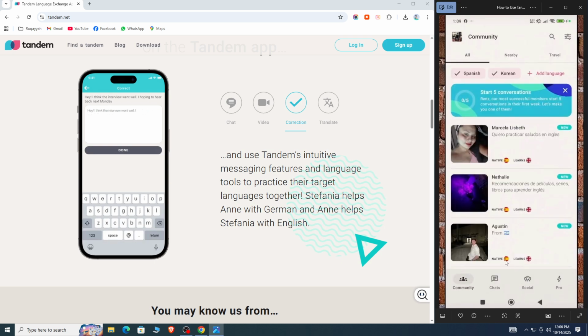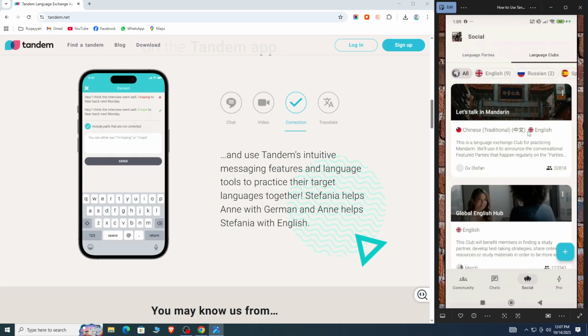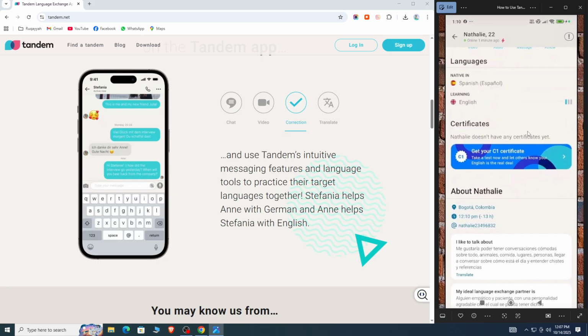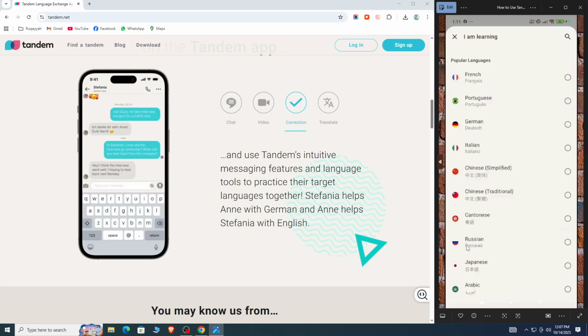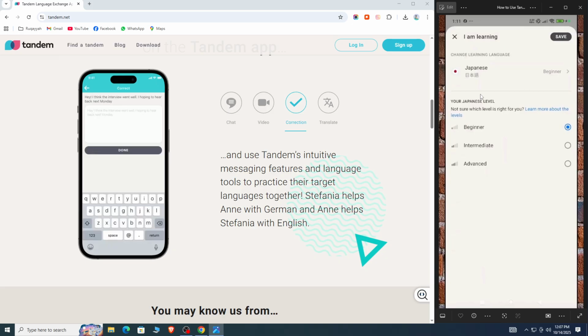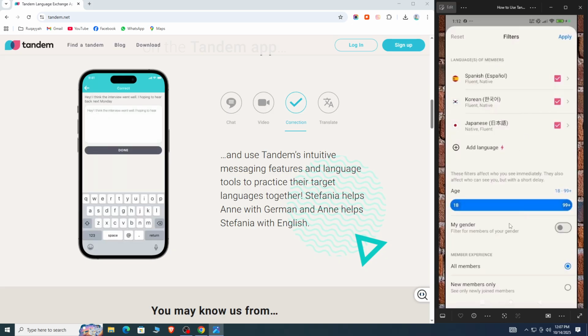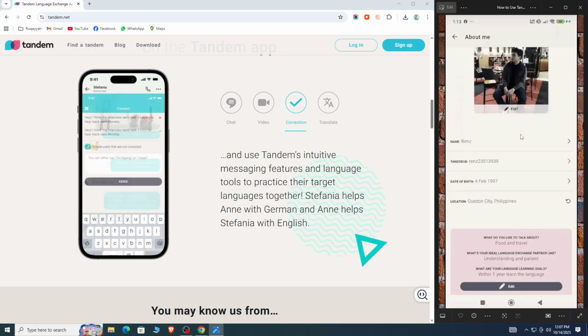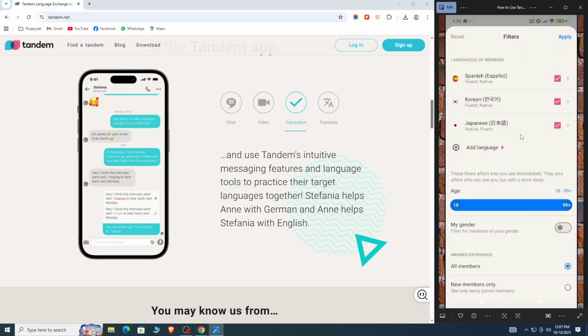If you're learning more than one language, you can add them here. Like, maybe you want to set Japanese as your main target and add Russian as a secondary one. Tandem updates your recommendations based on those choices. You can also filter partners by language or even by gender if that makes you more comfortable. There's also a nearby option, which highlights users who live close to your location, so you can practice more locally